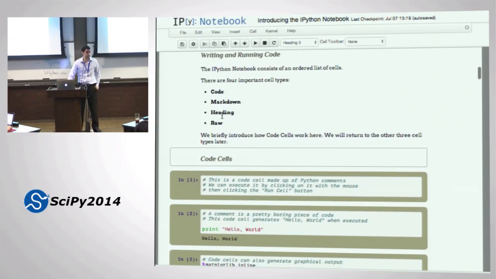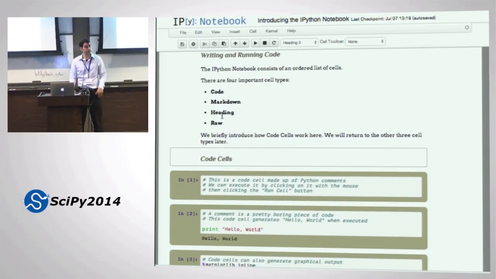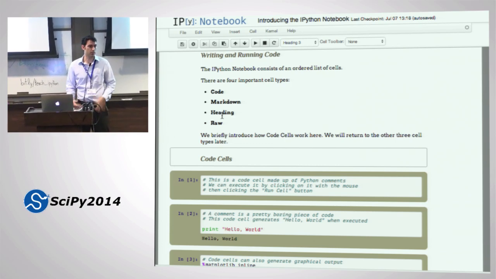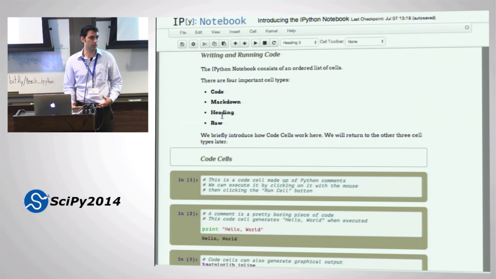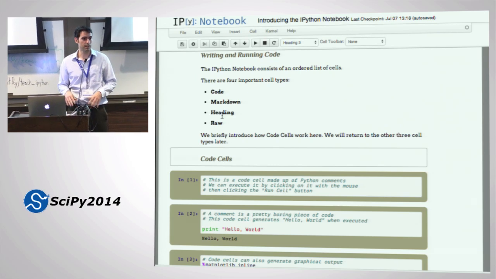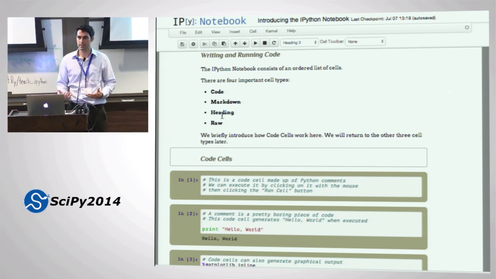So I covered very briefly raw cells. We talked a little bit about heading. We're going to go in a slightly deeper dive into code and Markdown cells. I'm going to show you the basics of code cells, and I'm going to talk a lot about how we edit cells in the notebook, because it turns out that there's a very rich and powerful keyboard syntax for navigating around the notebook, and this is new to IPython 2. So even if you're familiar with IPython 1 and you've been using it a lot, this modal editor will trip you up if you haven't seen it.